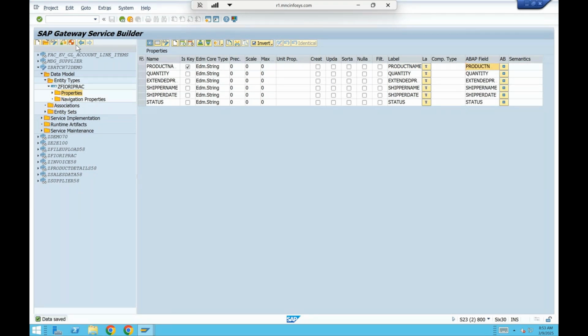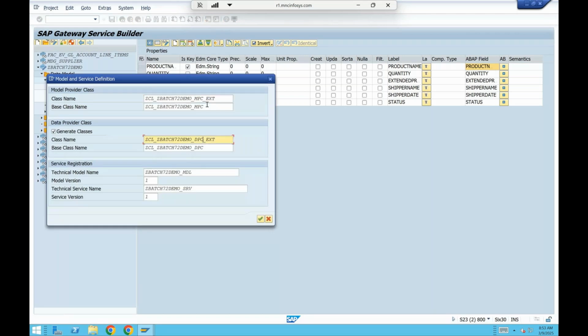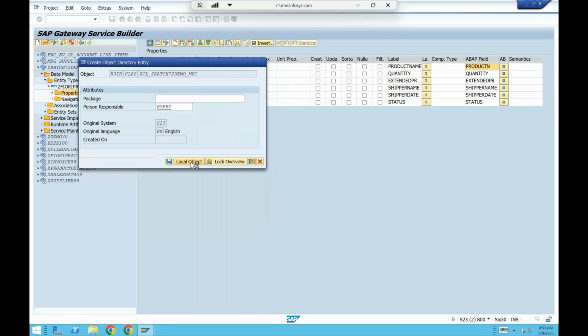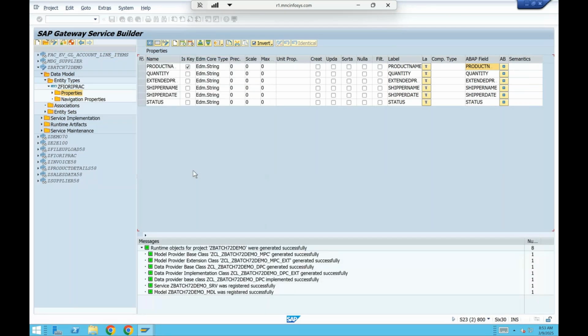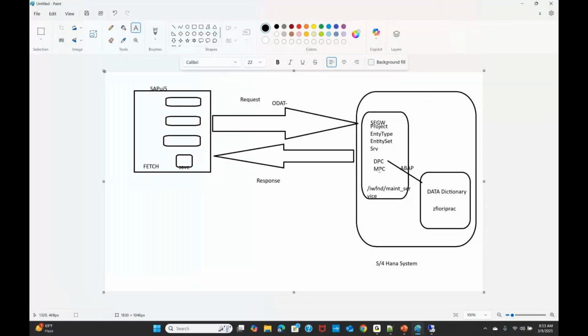So this will create the DPC and MPC classes. What does DPC stand for? The data provider class. The total business logic where the runtime data is flowing, you will put under the DPC. The fields which you have added in the property section will come under the MPC. MPC stands for model provider class. Now I'll be writing ABAP code in this DPC to get the data from the data dictionary table called ZIRI_FIORI_PRAC. Now let me get that one because this is a demo. That's why I'm copying and pasting it. Generally, I'll be writing the code in a normal class.